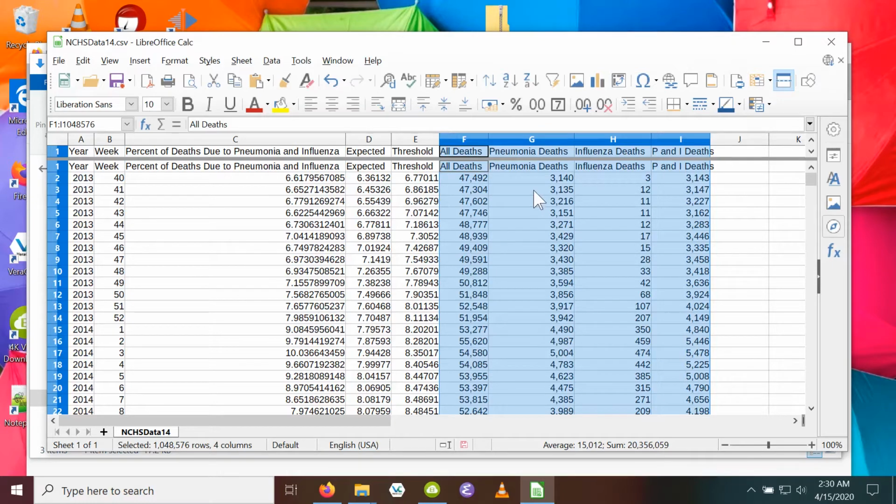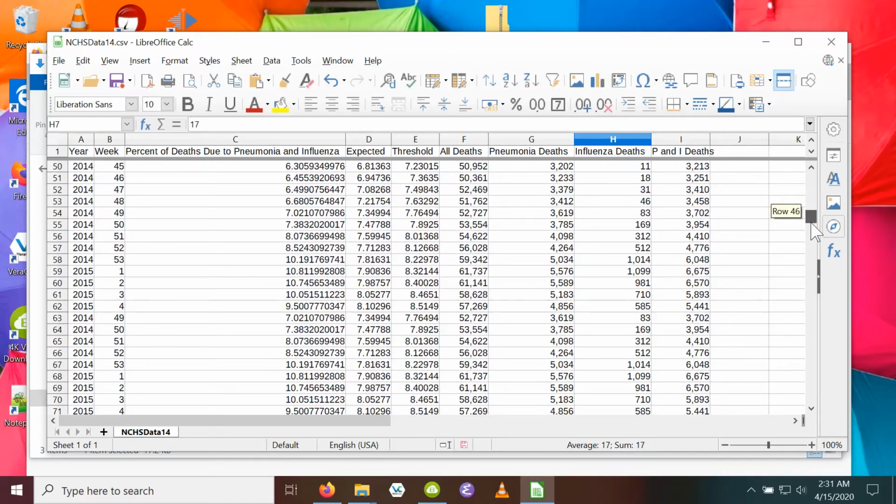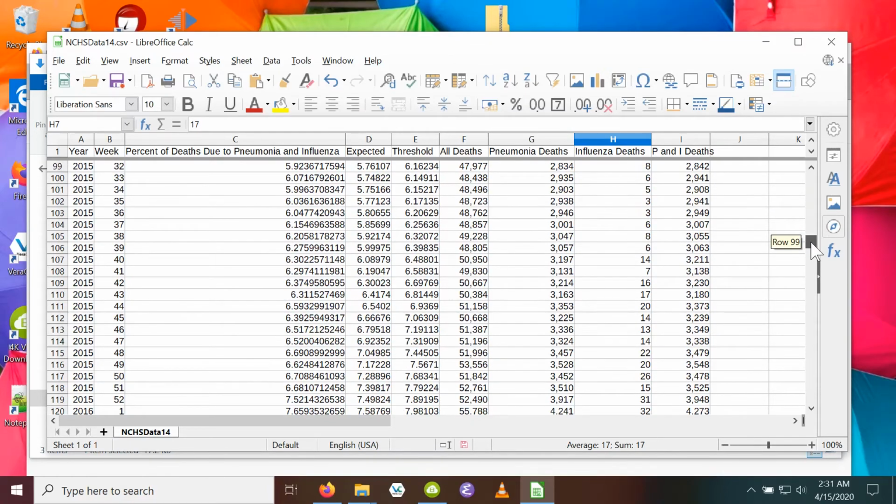For the most part here, I'm just going to look at these death numbers, not this percent here. Keep in mind, this is the year and this is the week. So it's supposed to be weekly data, and it is described as data from death certificates. So this arguably is a count of death certificates that they received for that week. The deaths are listed in the week in which the death was given, not when they received it. At least that's what they seem to say. As you'll see, there's some reasons to be skeptical of this data. So we'll get there.